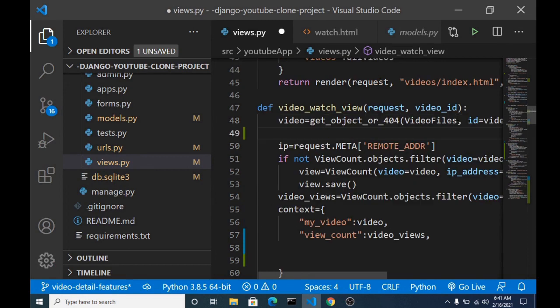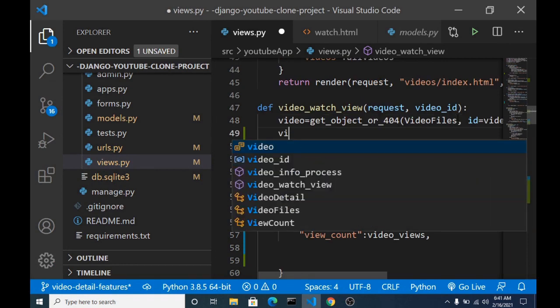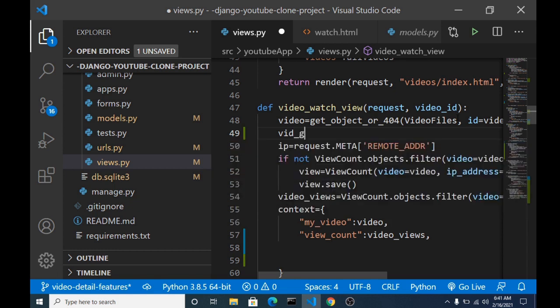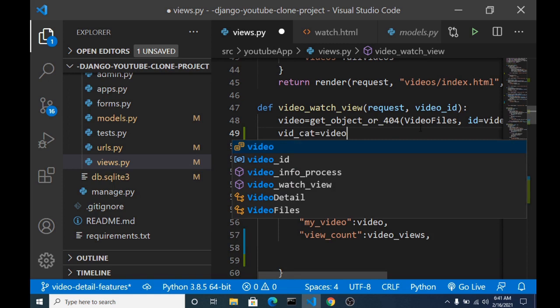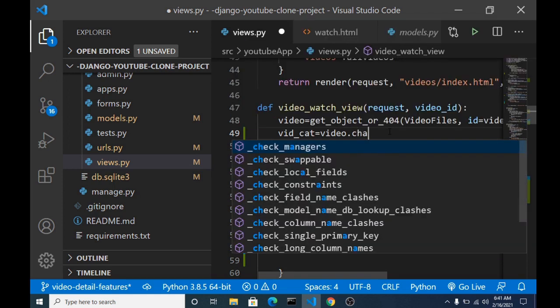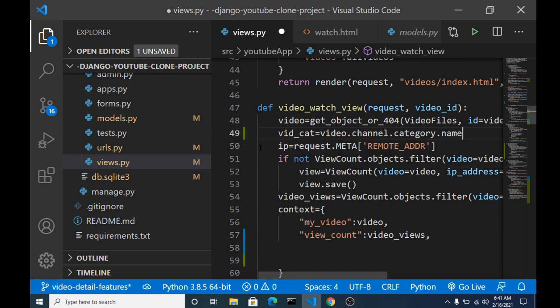We can say v_cat, create a video v_cat, and set it equal to the video object that we get from the get_object_or_404 dot channel, which will give us the name of the category that this particular video belongs to. So we are storing the category of the channel that this video belongs to in this v_cat.